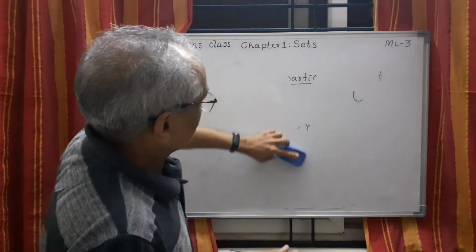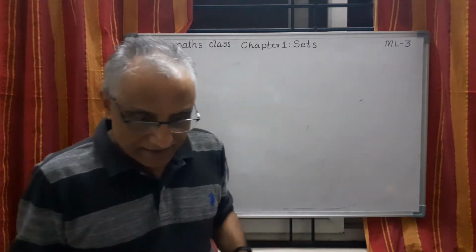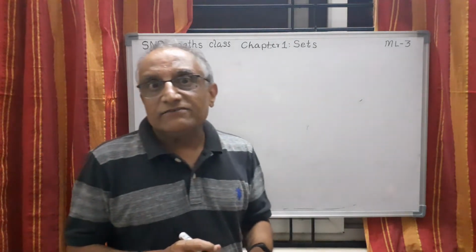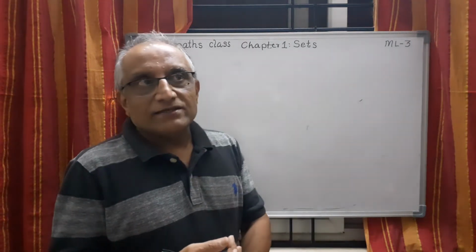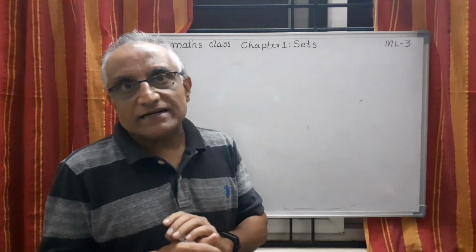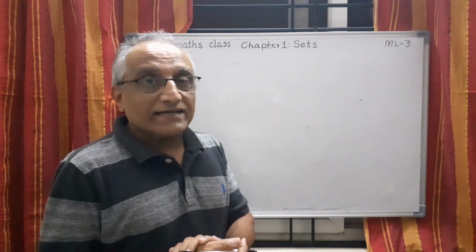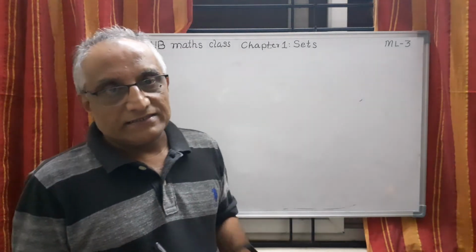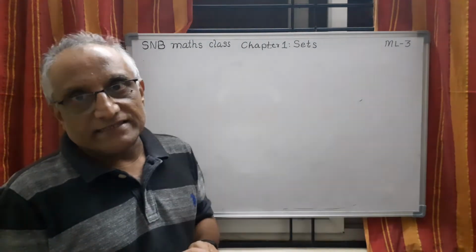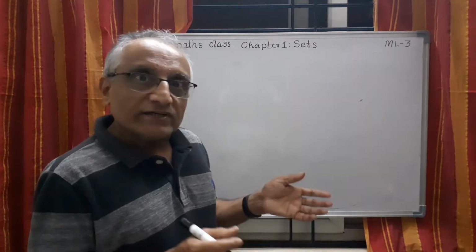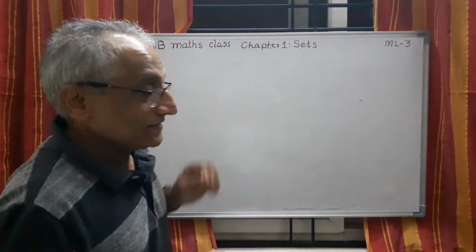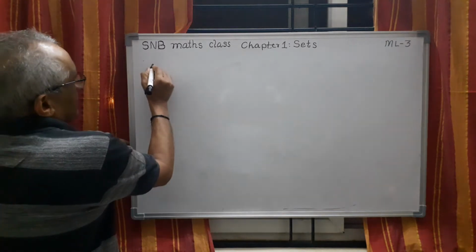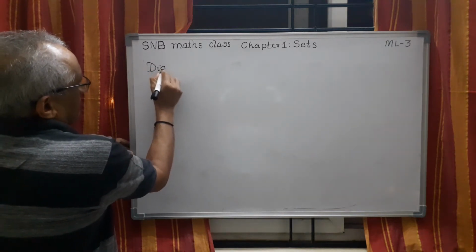So let me sum up what we have done. We started with empty set, then singleton set, then subsets, then finite and infinite sets, equal sets. Then we have taken specially set of reals, under which we have taken interval as subset of R. Then today, power set and then universal set. So these are the categories of sets which we study and which we come across whenever we study set theory. Next one is diagrammatic representation of set.